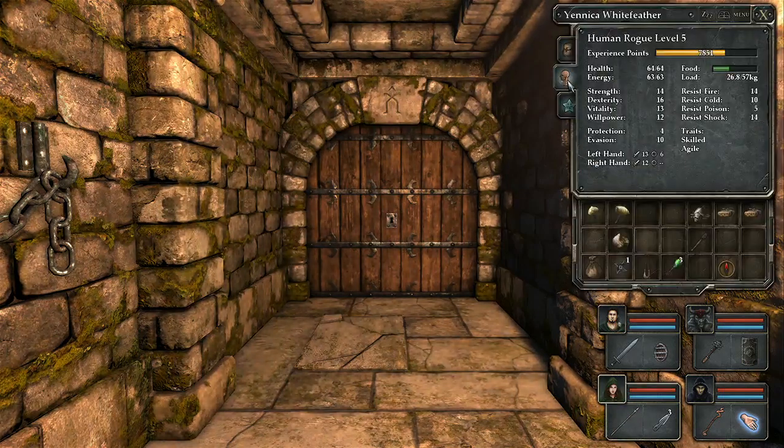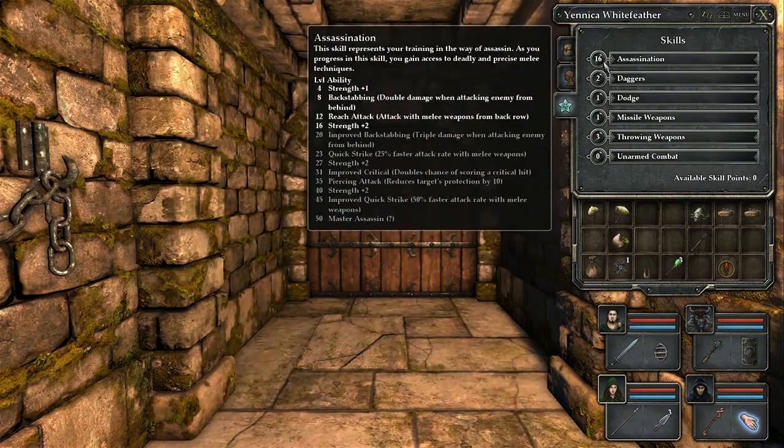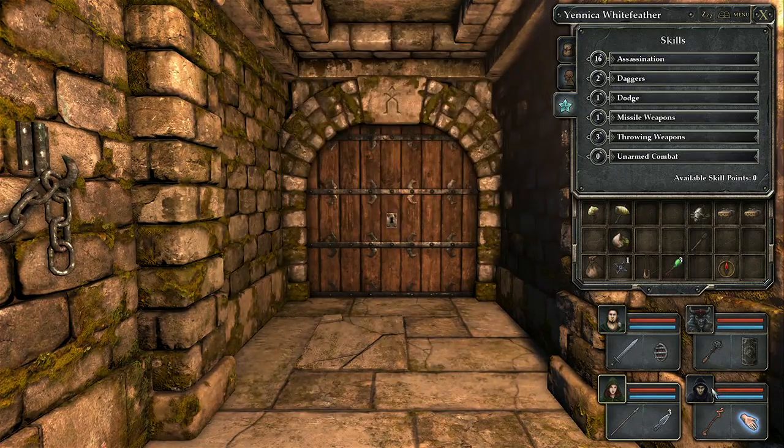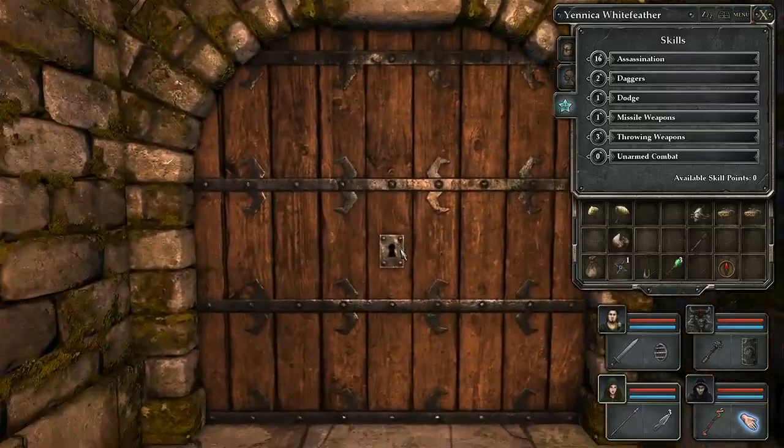I'm already angry about your characters. You don't like them already? What's your rogue doing back there? She's got like a pole? She's got the pole, yeah. All right, so that's a reach weapon. Yeah, so she's got that reach attack with melee weapons from the back, which is pretty good. And then my mage and all that stuff. So we'll show you a little combat in a second, because I think behind this door...